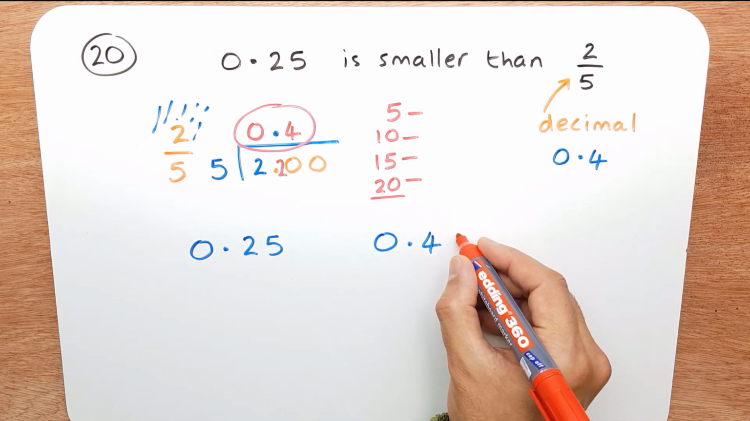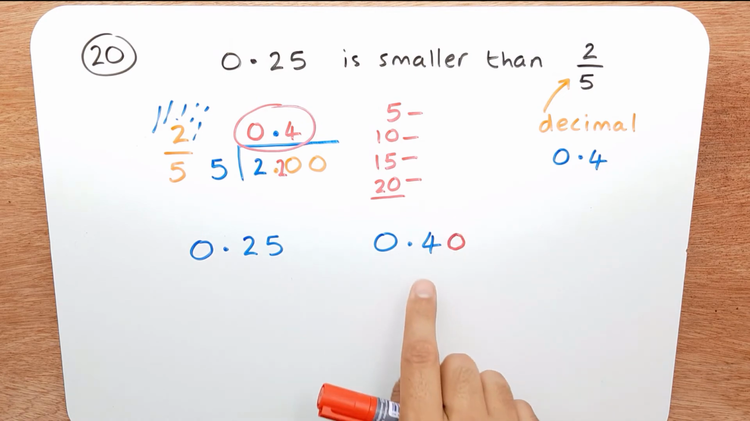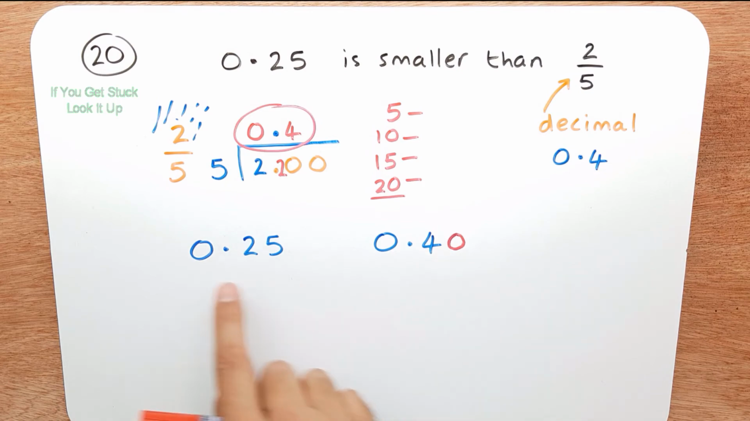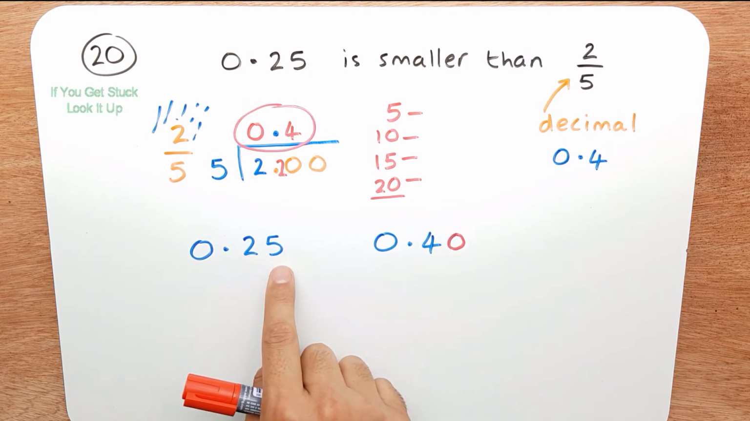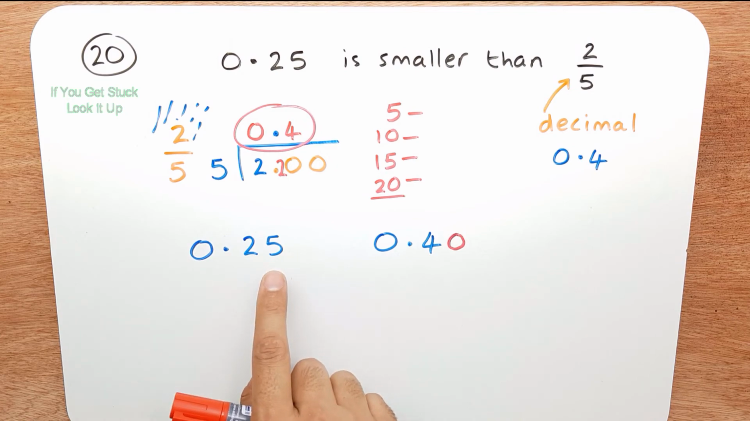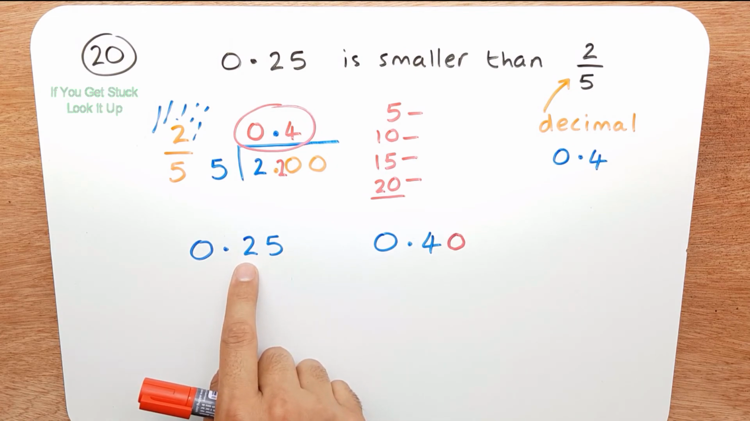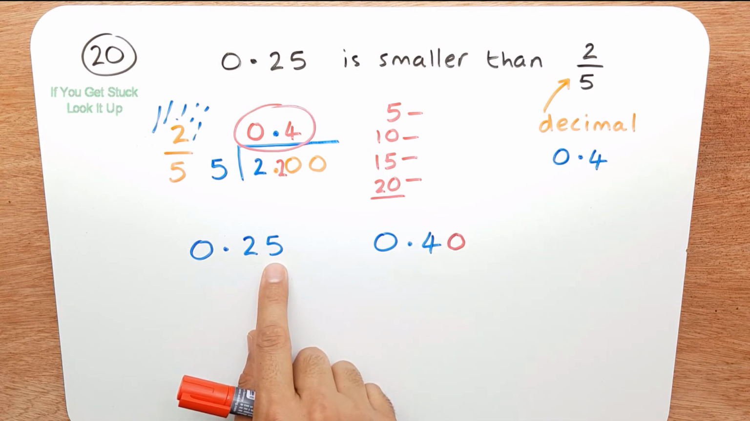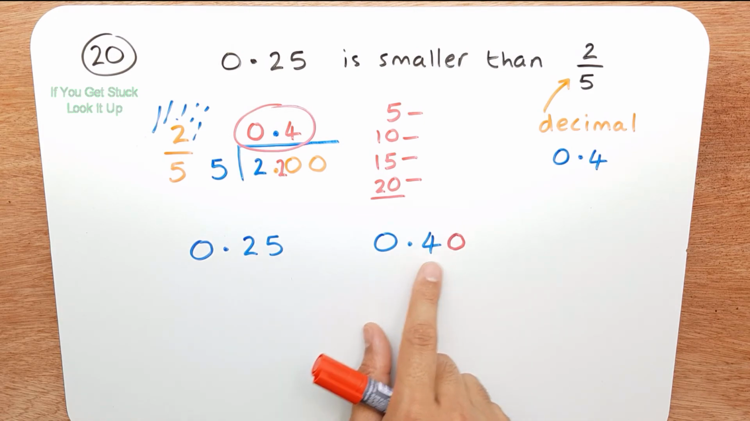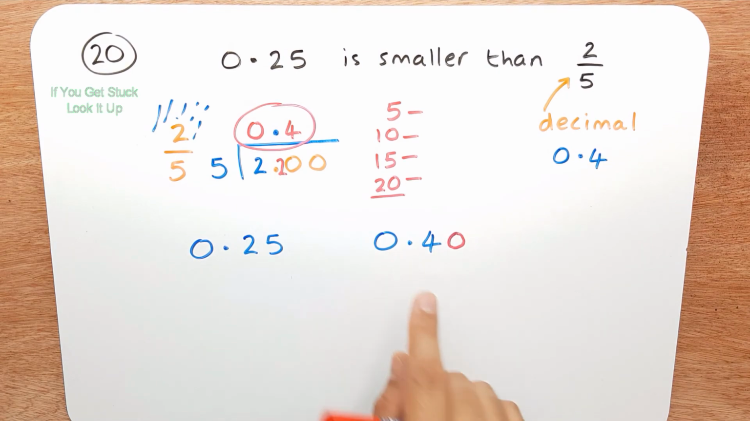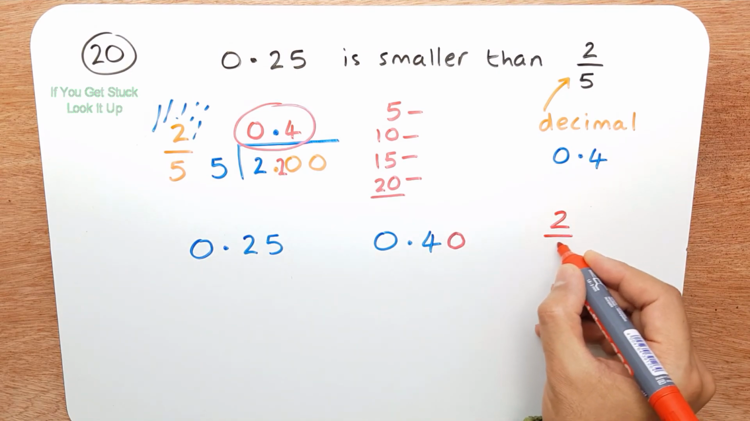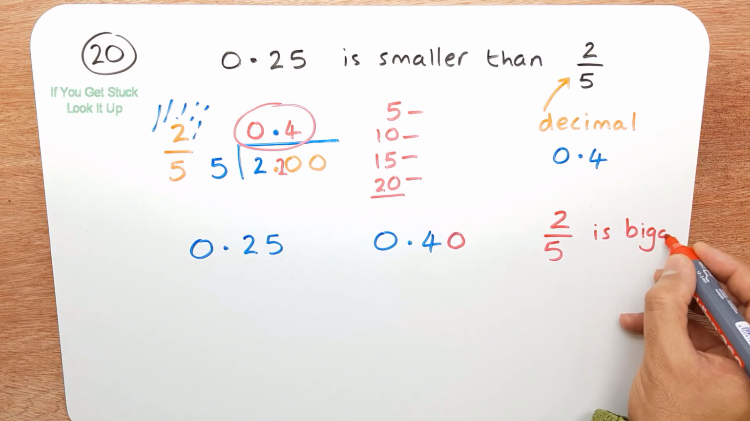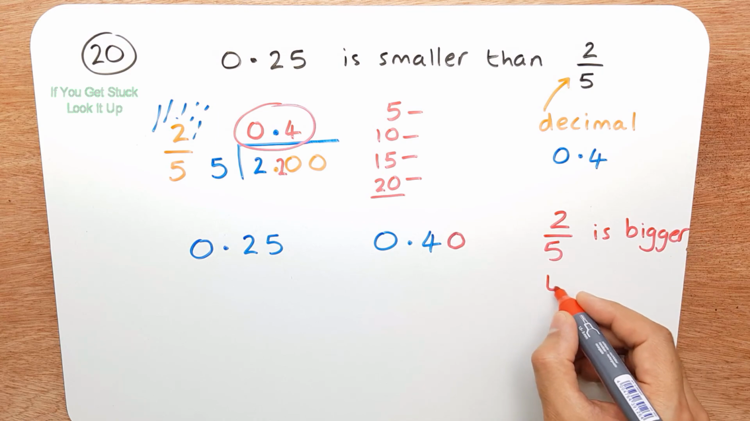So I'm going to add a helper 0, a placeholder. So now I have 0.40, 0.25. Now what I can do in my head, I can compare the 25 and the 40. Which one's bigger? I can see 40 is bigger. So now I can write that 2/5 is bigger than